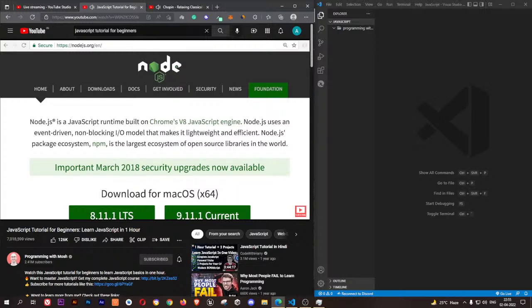inside of a browser or in Node. But it's good to have Node on your machine because we use that to install third-party libraries. And also later in this section, I'm going to show you a preview of Node. So pause the video now and download